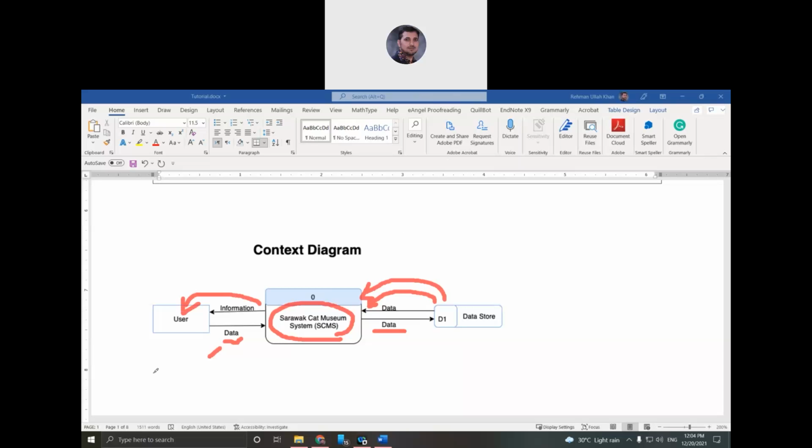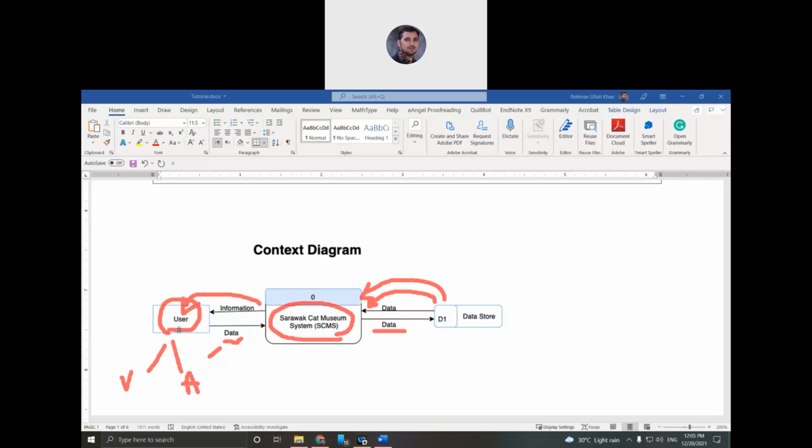Okay, so Lee is asking whether we can put the museum admin to the right of the context diagram instead of the data store. I think you can, but you know the context diagram is very general. Here the word user can represent a visitor, and the same user can represent an admin also.